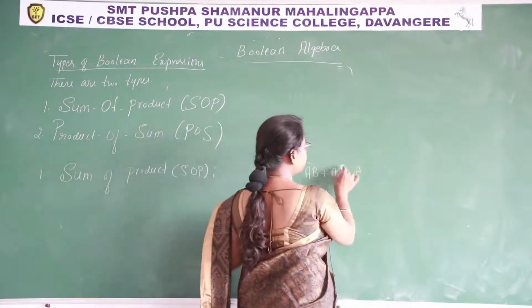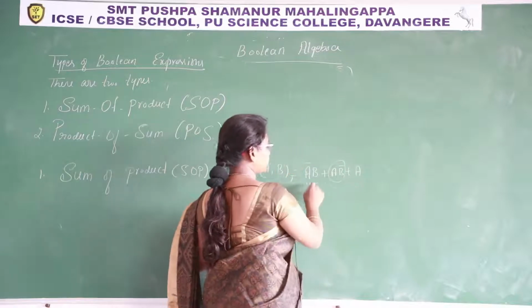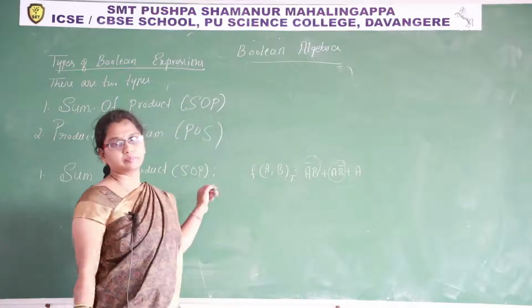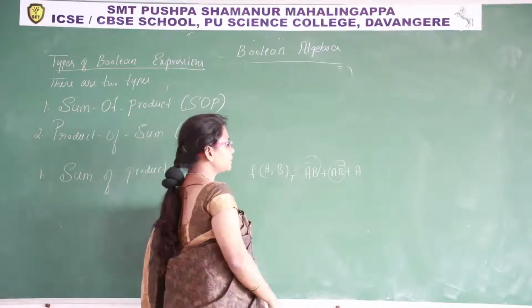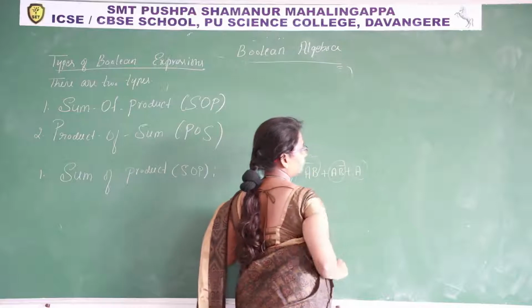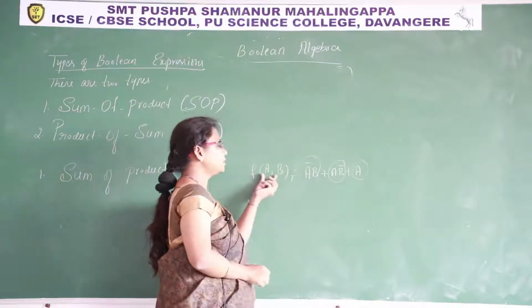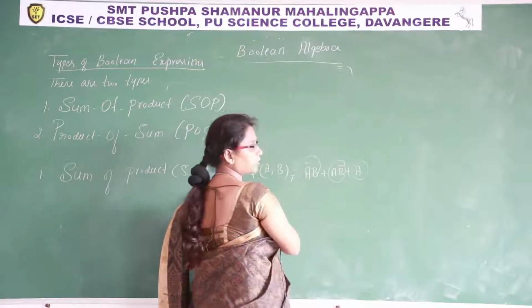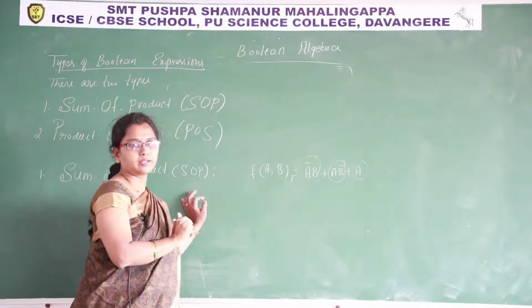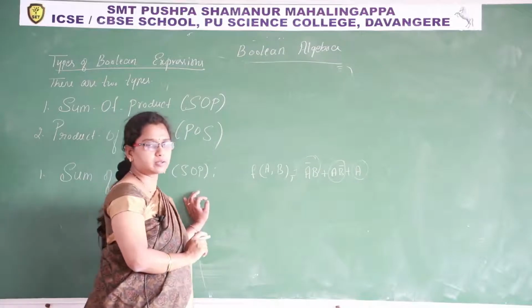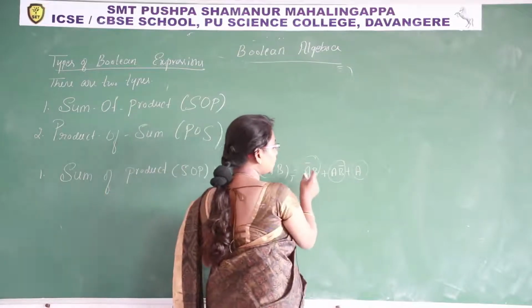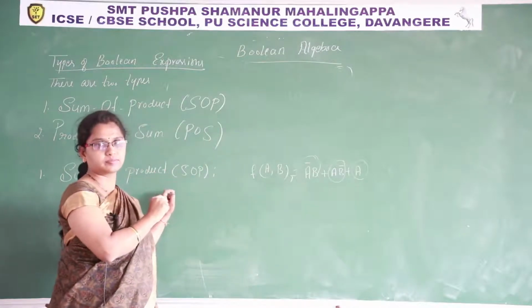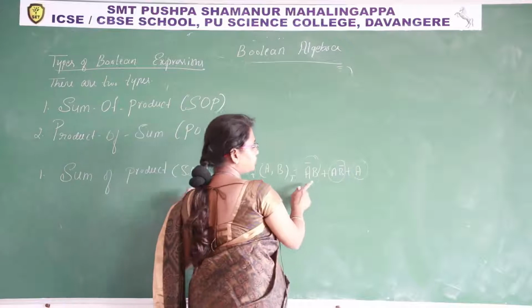Then what is meant by these terms? In SOP, each term we call it a min term. Why can we say it is a min term? Because how many variables are there? Two variables. Every term must contain all these variables, either complemented or not complemented. Such terms we call min terms. So what is a min term? It is a logical product of all the literals that are given in the function. Okay, that is min term.